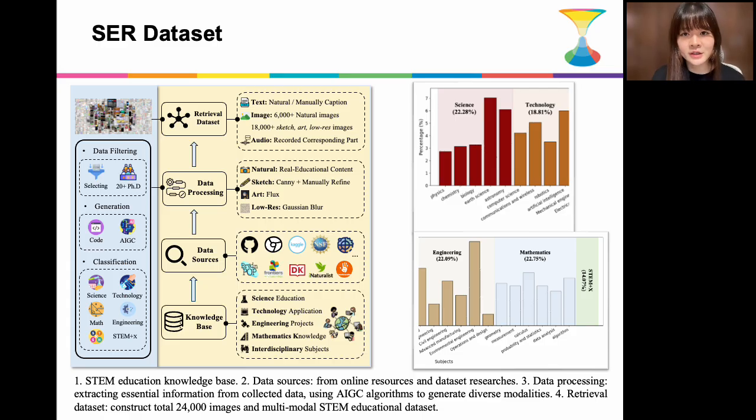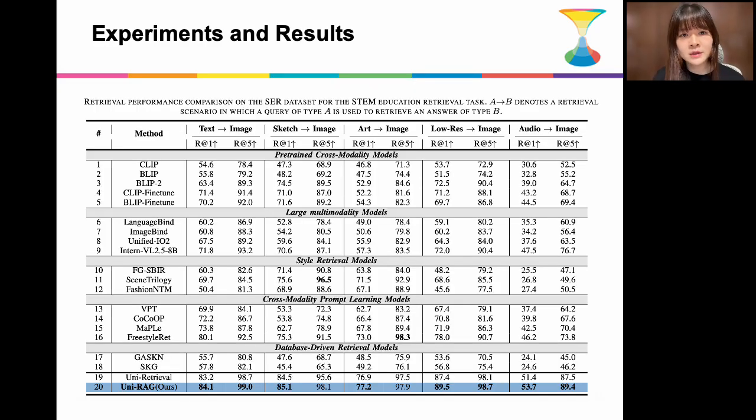As for the results, we compared Uni-RAG with pre-trained cross-modal models, large multimodal models, style retrieval models, prompt learning models, and database retrieval models. Across all 5 major retrieval scenarios, Uni-RAG achieves the best performance. Specifically, it reaches 84.1 R@1 for text-to-image retrieval,